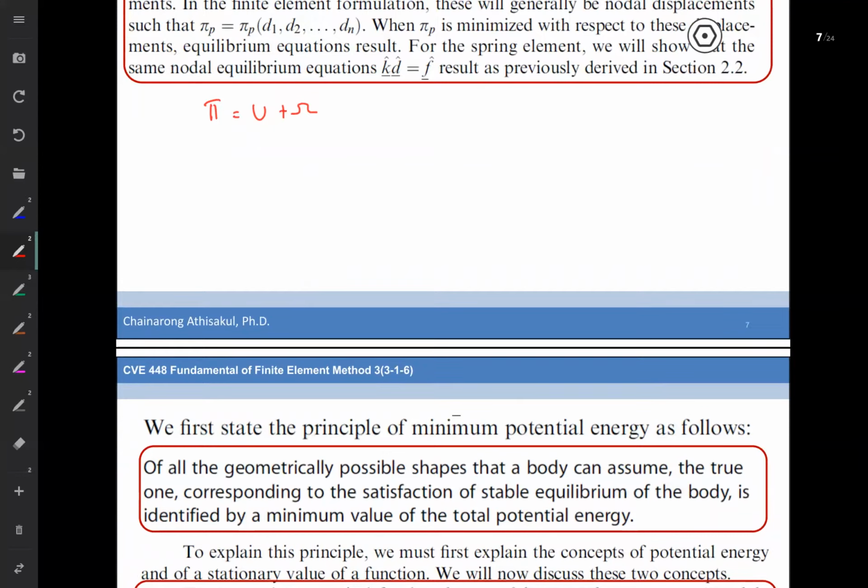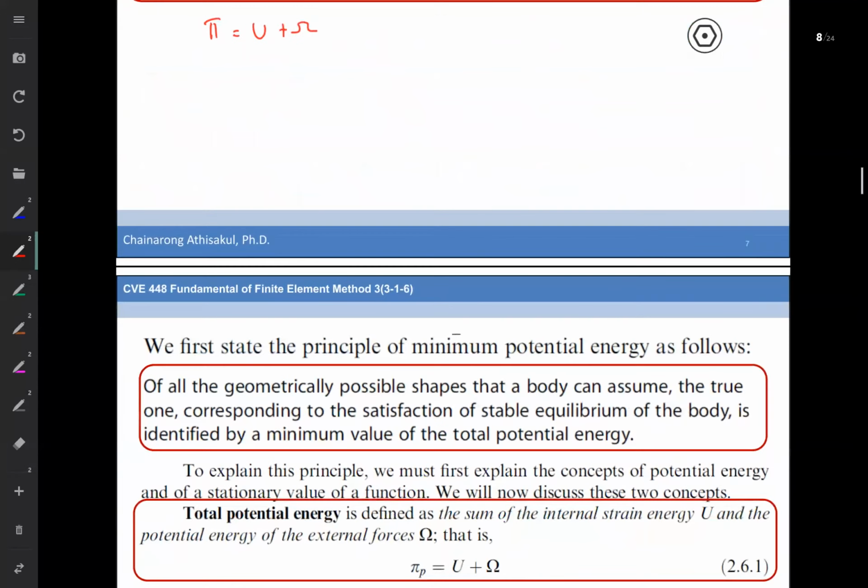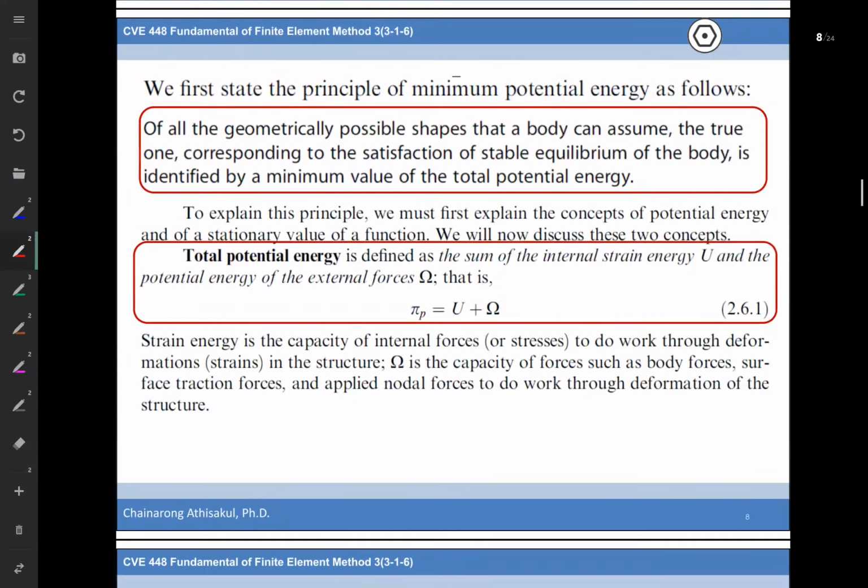U represents strain energy and omega represents the work done due to the external force, the potential energy due to the external force. So if we are talking about the total potential energy, that is represented by the pi term. It is the sum of the internal strain energy, represented by U, and the potential energy of the external force, represented by omega. So right now we know that the potential energy is equal to strain energy plus